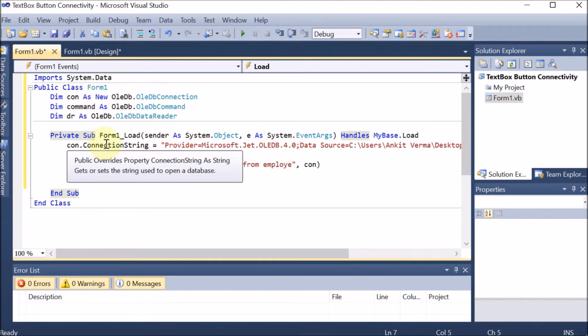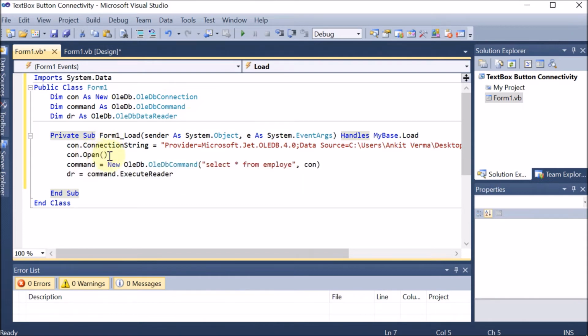Now from that connection, which is open, we want to run a query that takes out all the records, so from this command we have taken select star from employee. Afterward we execute that query and take that data with the help of the data reader. So dr is the command dot execute reader, and the data reader is going to do that.